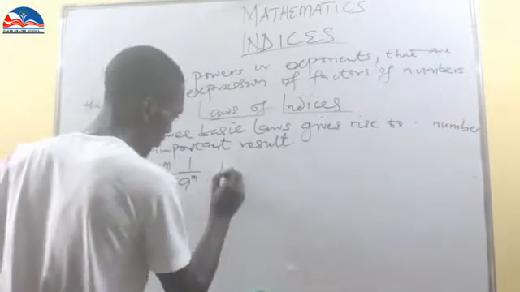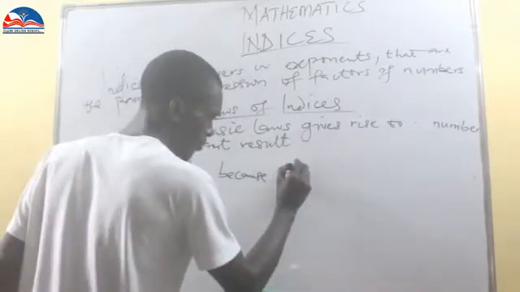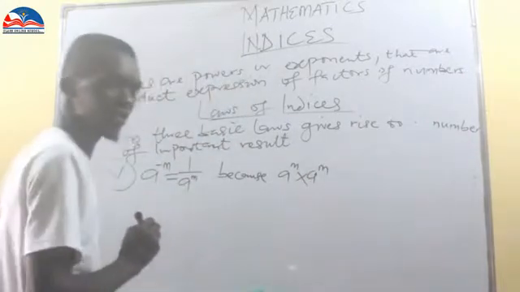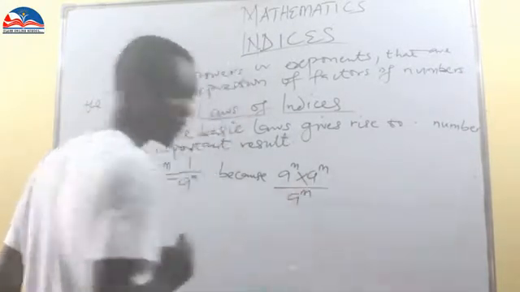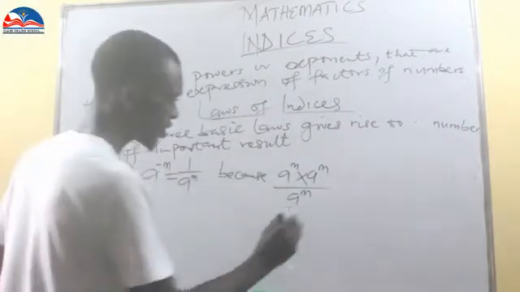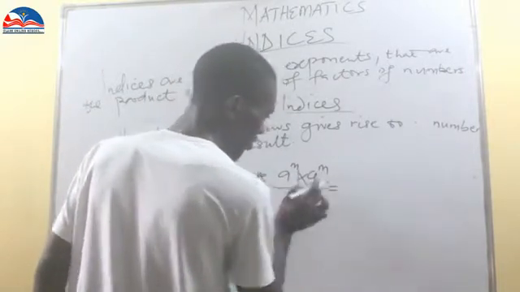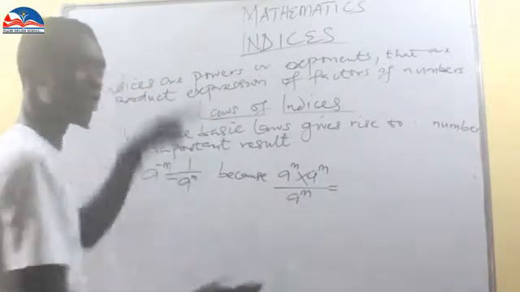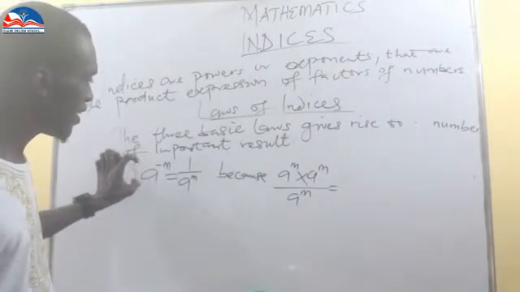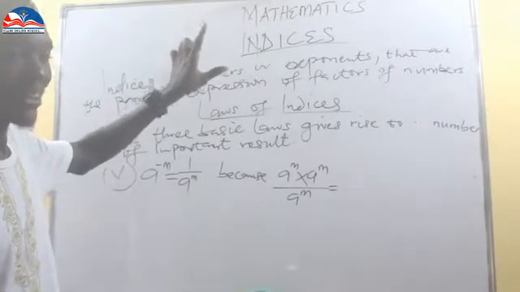Why? Because a index m times a index m over a index m. A index m multiplied by a index m over a index m gives a index m, since the two bases are the same, and this comes from the first law. The derivation of this expression, that a index minus m is equal to 1 over a index m, we are verifying from the first law. That's why the three basic laws